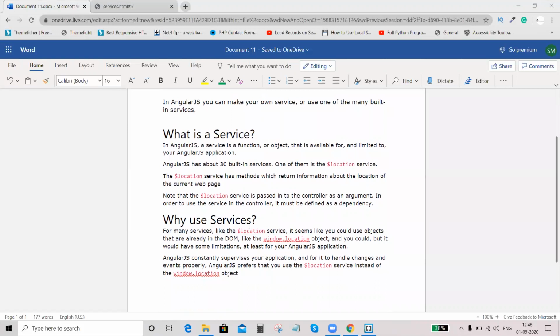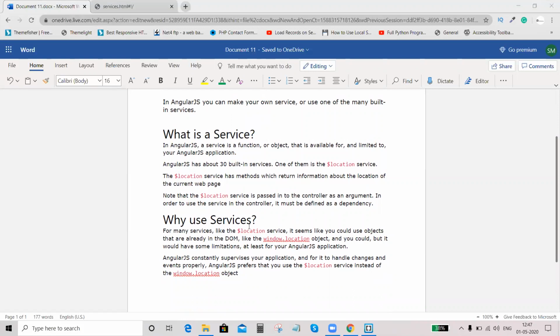What is the next one? Why do we use services? For many services like the location service, it seems like you could use objects that are already in the DOM, like the window.location object, but it would have some limitations, at least for your AngularJS application.